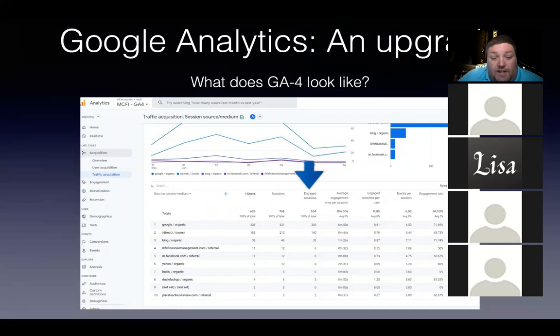So there's engaged sessions. If you see under totals, those are the ways that people found the MCFI websites. You see Google, Direct, Bing, iLife Financial, and number 5 is Facebook.com. You see the M in front of that. If you see that, that means that is the mobile Facebook. Now, if you see Facebook.com by itself, that means they accessed your site through a website click off of the